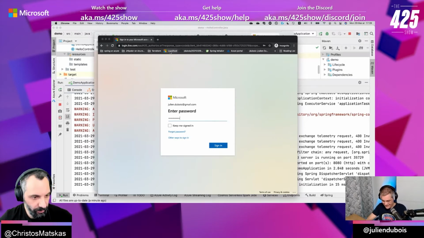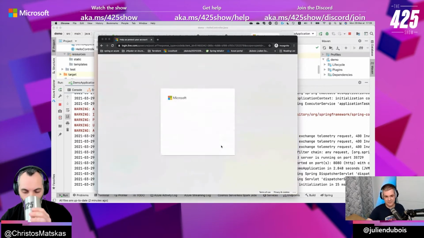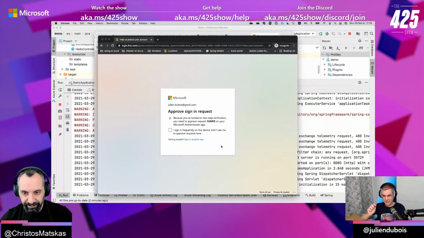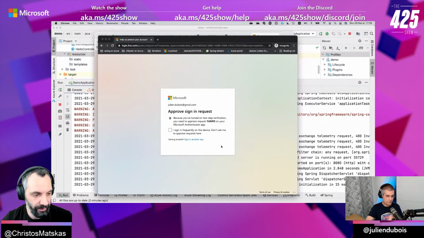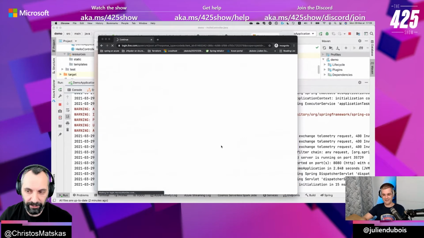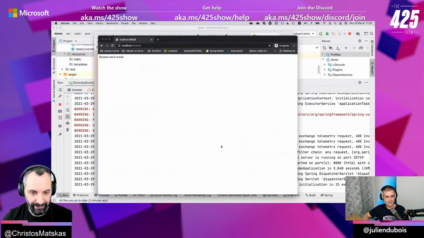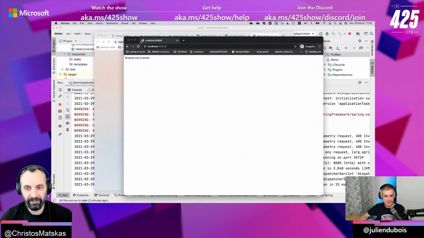Password managers, my friend. And of course, I've got double authentication, so I need to sign in with my phone now. Two-factor authentication, my phone for the win. Please switch it on if you have two-factor authentication. If your platform supports it, please make sure you switch it on, not just on the Microsoft Identity platform or Azure, but anywhere: Netflix, Facebook, Twitter, whatever. Please use two-factor authentication. Exactly. And so we're now logged in.